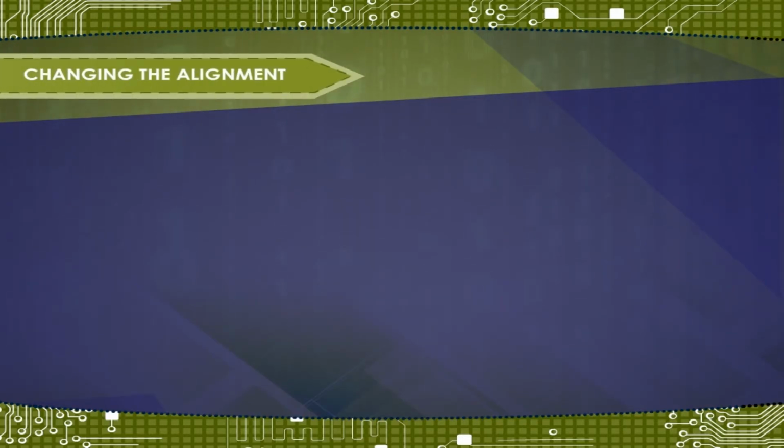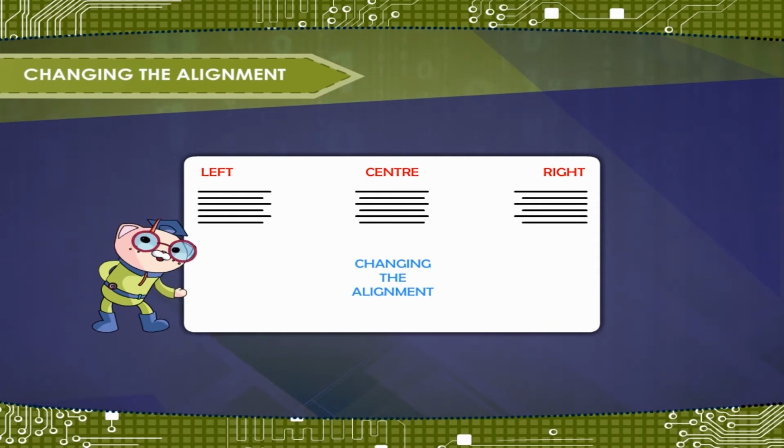Changing the alignment. Alignment refers to the position in which the data is placed. The data can be aligned within the cell in different ways, such as left align, center, right align. To align the data, the steps are: